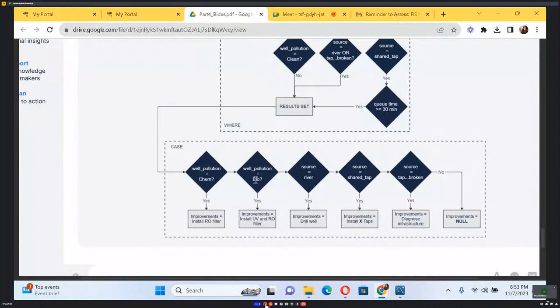Then if the well pollution is biocontaminated, then we'll install the UV and also the RO filter. Then for the river, if the source is equal to river, then it means that we'll need to drill the well in those locations. And then if the source is shared taps, then the improvements will be to install a certain number of taps